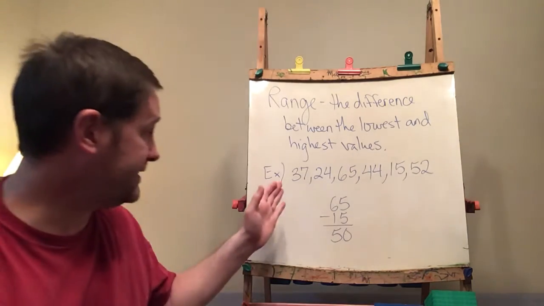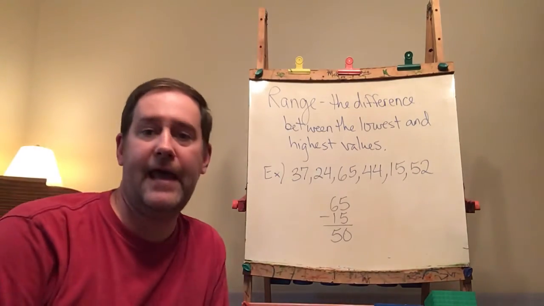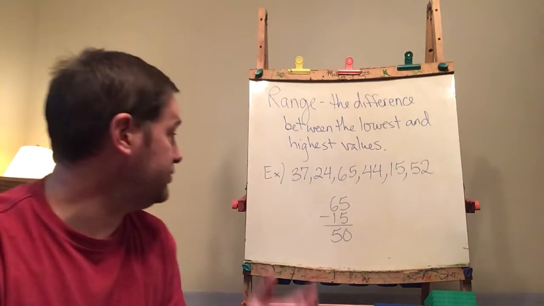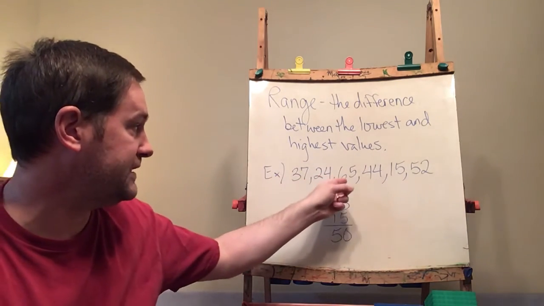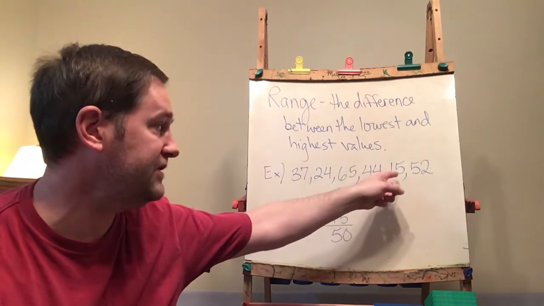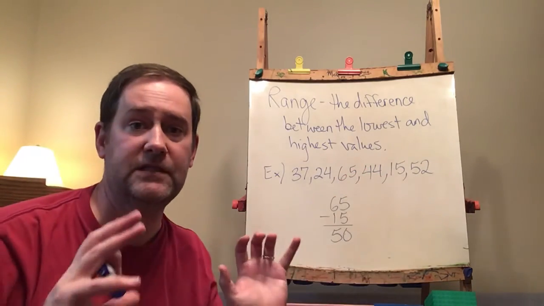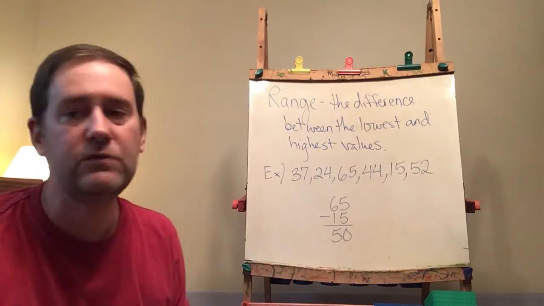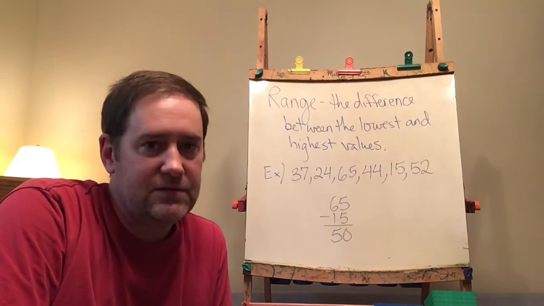Sometimes, so here's my example, and I'm just going to make up data about ages of game show contestants. Okay, so you got a 37-year-old, 24-year-old, 65-year-old, 44-year-old, 15-year-old, and 52-year-old involved in this game show. I don't know what it is. Okay, and then what you do is usually would just put them in least to greatest value or some order,